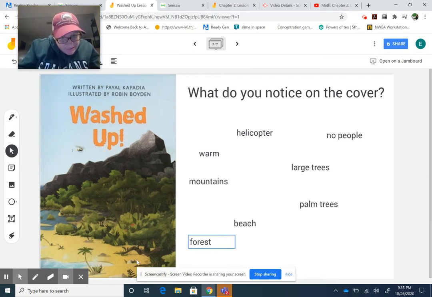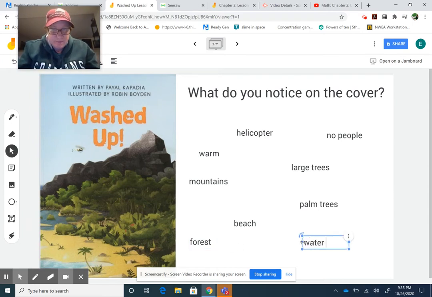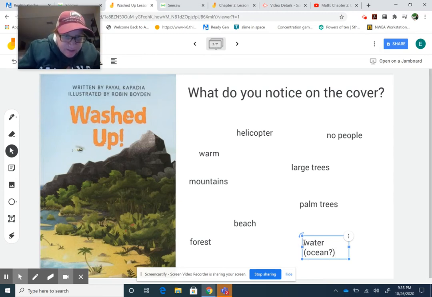And then I'm not seeing much else here. So mountains, forest, beach, the water. I guess I should put the water, right? Water, maybe an ocean. That's what I'm guessing. I see light water and dark water, so I don't know if that's gonna play into anything. And then I think that's all I see. It's a nice blue sky, so it must be sunny there as well. So I just want you to take in that cover right now, because the cover is going to help us quite a bit with the story.